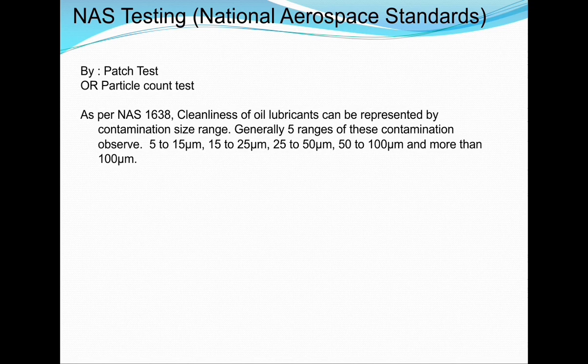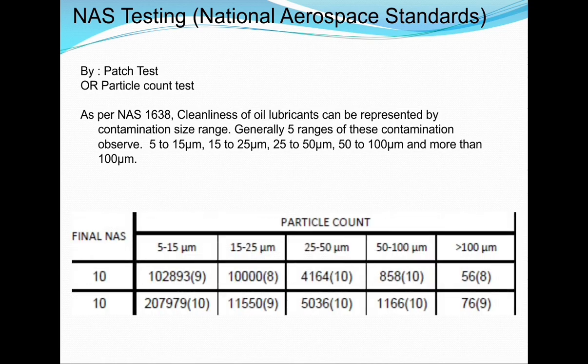And I'm just giving you one example here of how you know what is the NAS of the lubricant. Whenever you are going to test this, you see this is the particle count, and here the NAS is 10. How do you come to know the NAS is 10? You see there are 5 ranges: 5 to 15, 15 to 25, 25 to 50, 50 to 100, and greater than 100 micrometer. And whenever this test is conducted, the equipment will display the sizes of the particles, the contamination. You see here 5 to 15,